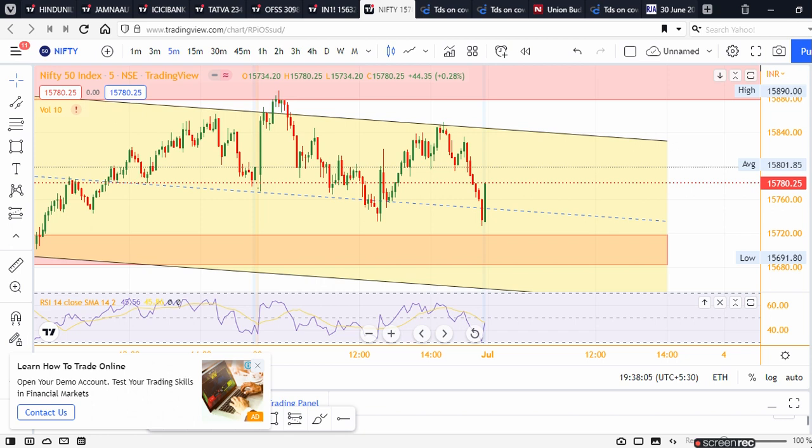If the chart is giving me a signal that it can fall from here, I will exit, even if my profit is very small and every other YouTuber, every other trader is bullish. If the chart is saying that bearish sentiments are coming, I will exit, because that is the most important part. If emotions are controlling you, then that will stop you from trading. Psychology पे काम करना is very much important in trading, and it's one of the most important things.